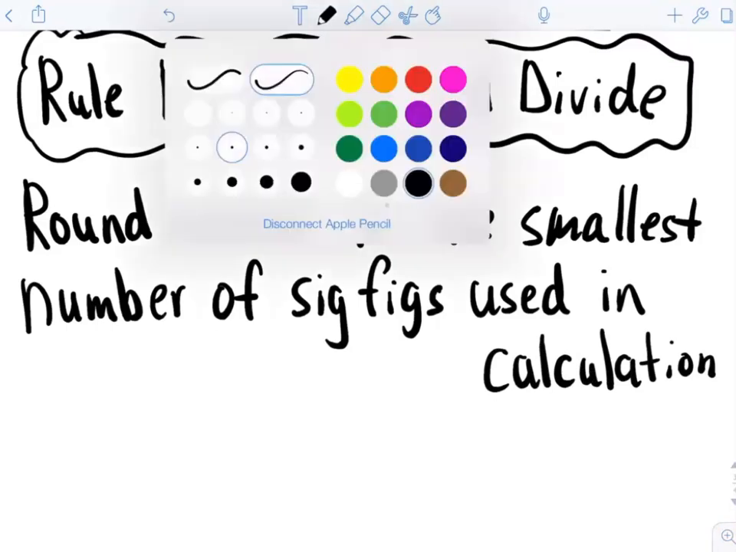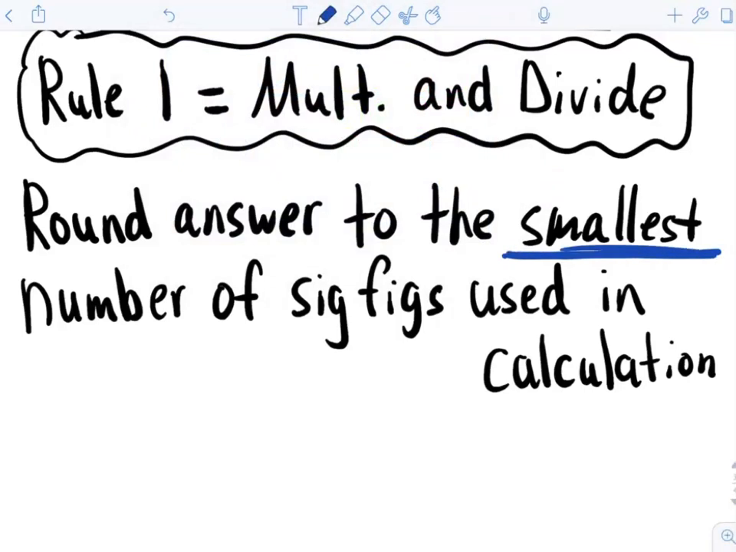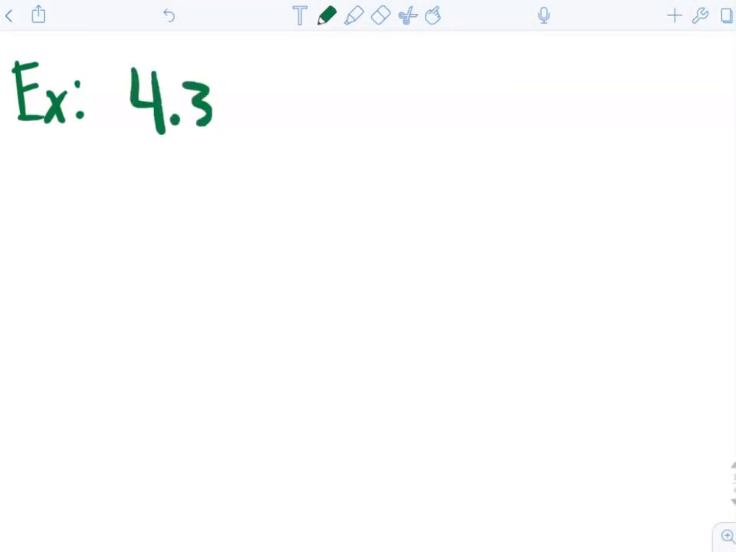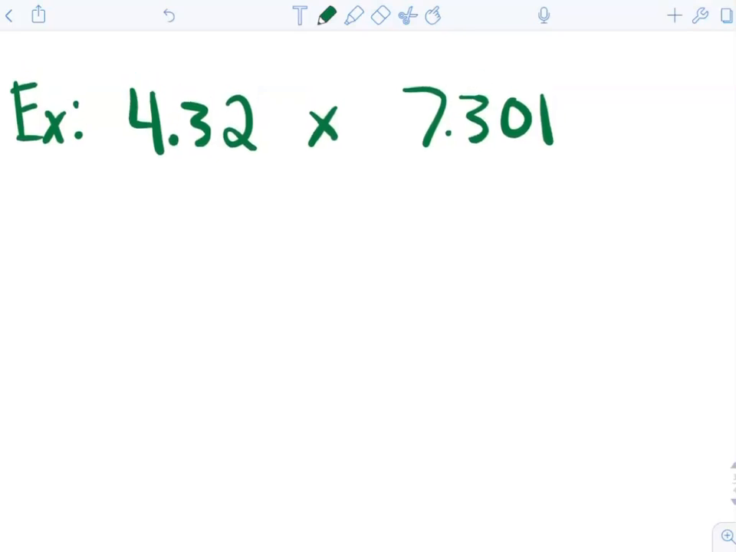So we're worried about the smallest number of sig figs. So we need the least amount of sig figs. So let's say, for example, we were given 4.32 times 7.301. Well, we have to go through and assign our categories to all of the digits and all of the numbers being used, because we've got to figure out which number, 4.32 or 7.301, has the least